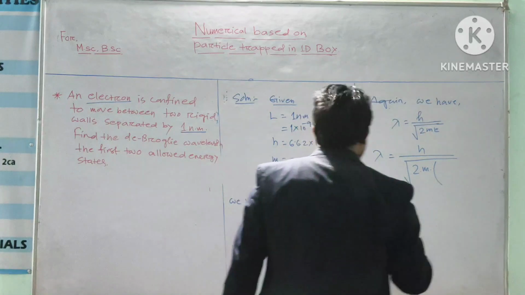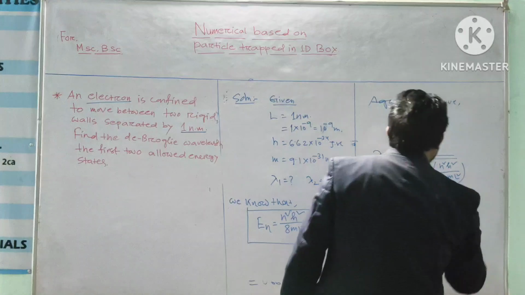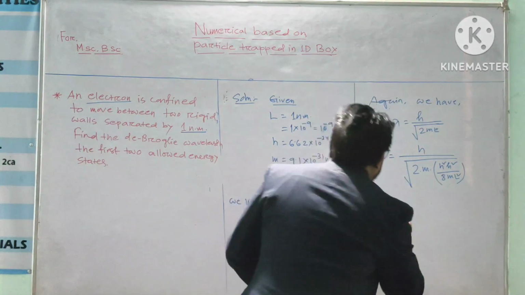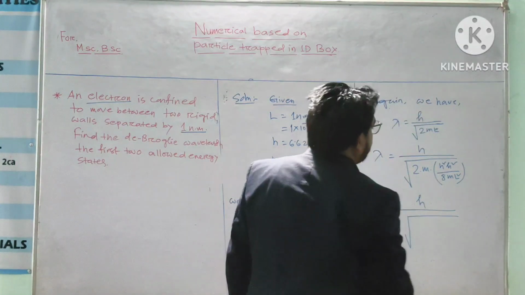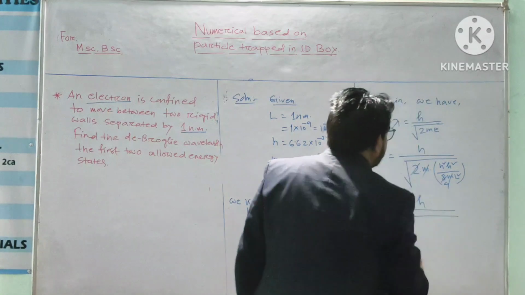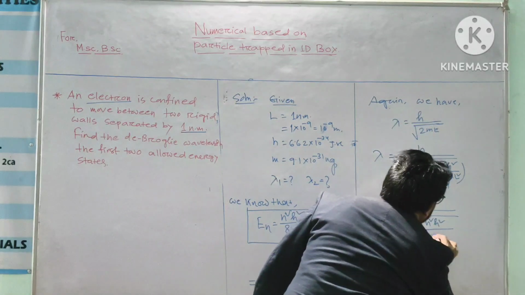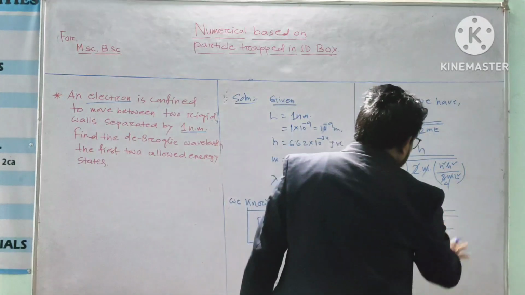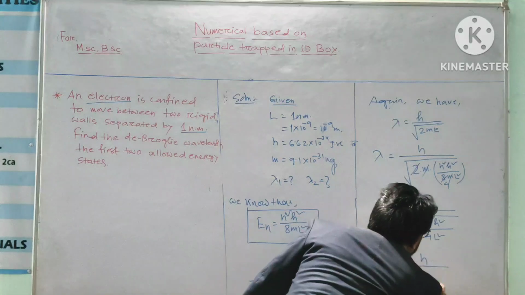The value of E equals n square h square divided by 8 m L square, so this is equal to h divided by under root of this, where m and m cancel each other. 2 fours are 8, so we can write n square h square divided by 4 L square. Taking the root of n square h square over 4 L square, we can write lambda equals h divided by